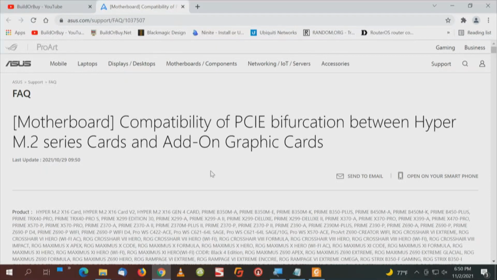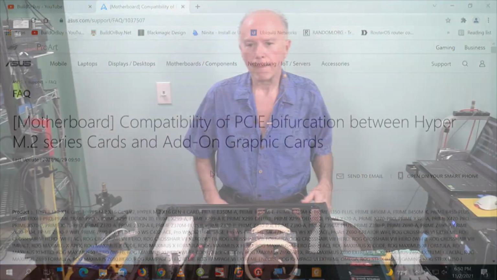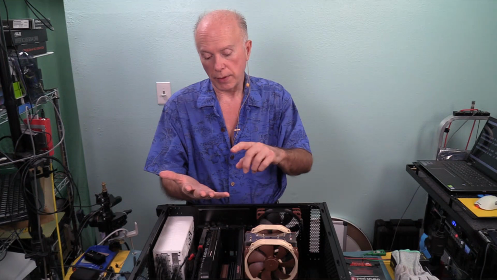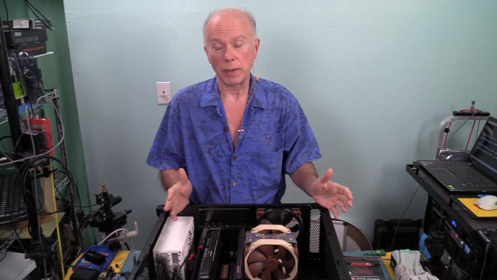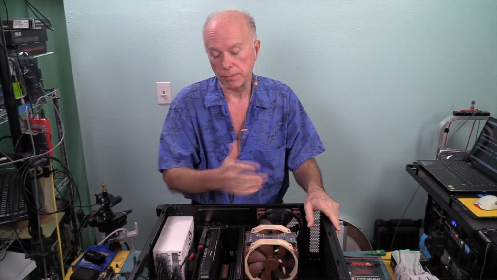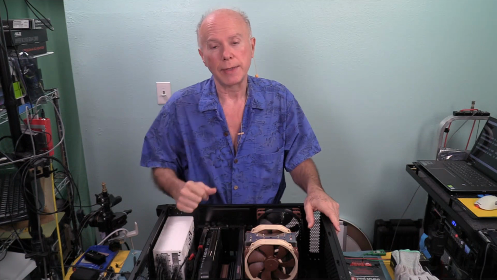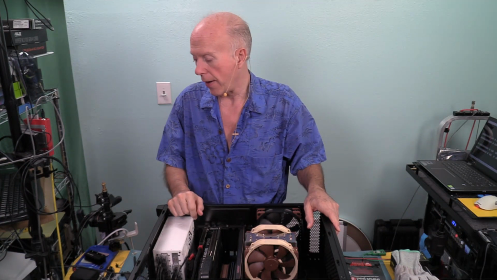They regularly update this, and the title of the document, we'll have it in the description, is Motherboard Compatibility of PCI Express Bifurcation between Hyper M.2 series cards and add-on graphics cards. Now, all these add-in cards, as it relates to the ones we've tested: ASUS has 3, we've looked at them. Gigabyte has 1 we've looked at. The new one's not out yet, which is 8 drives, another conversation, PLX chip. And then, of course, we looked at ASRock, and we're getting ready to take a look now at the 6-drive